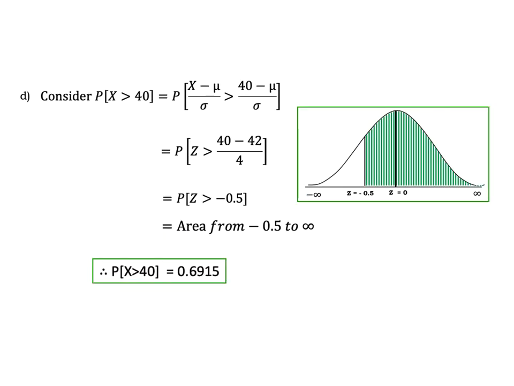Fourth subdivision, we should find the probability that x is greater than 40. So subdivision D, consider probability of capital X greater than 40. Now standardize, that means from x and 40 subtract mu and divide by sigma. So you'll get this step as probability of (x minus mu) by sigma is greater than (40 minus mu) by sigma. Substitute (x minus mu) by sigma as z, and mu is 42 and sigma as 4. So on simplification, you will get probability of z greater than minus 0.5.